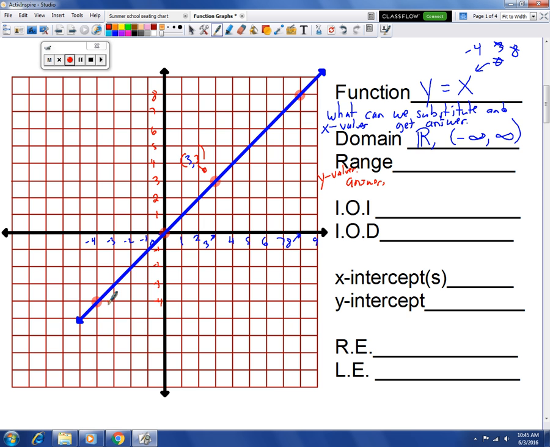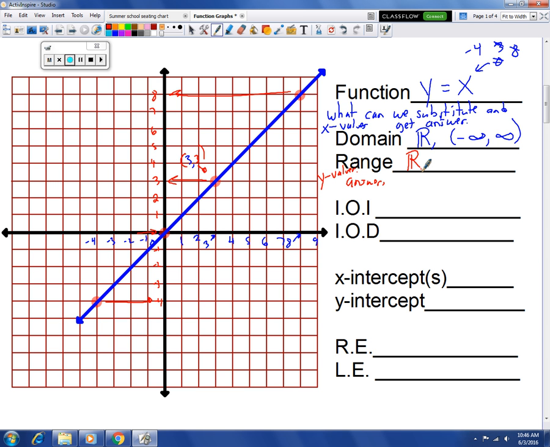So if this dot right here, I got a y value of negative 4. Right here I got a y value of 0. Right here we got a y value of 3. Right here we got a y value of positive 8. So we get negative answers, we get 0, we get positive answers. We'll get every number imaginable. If we just pick x correctly, we'll get any y value we imagine. Okay? So our range is the same